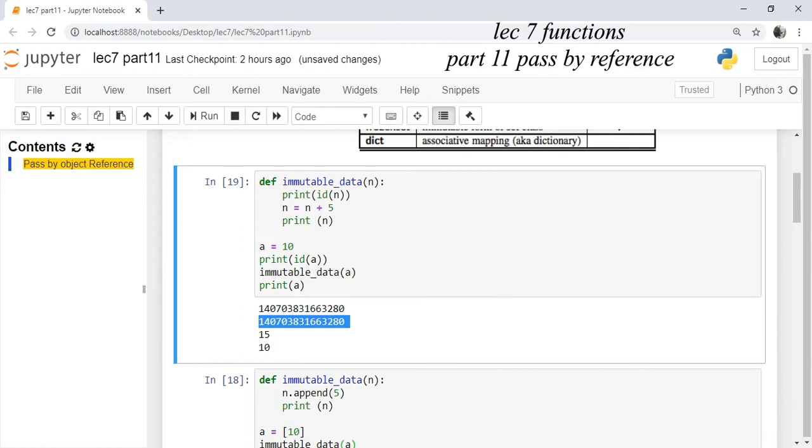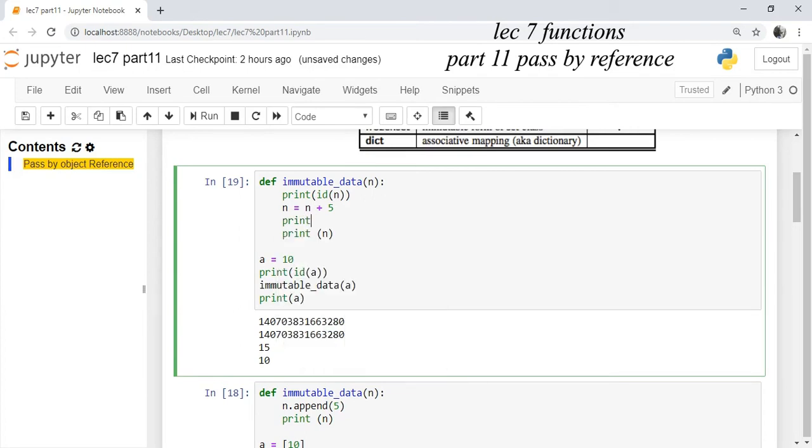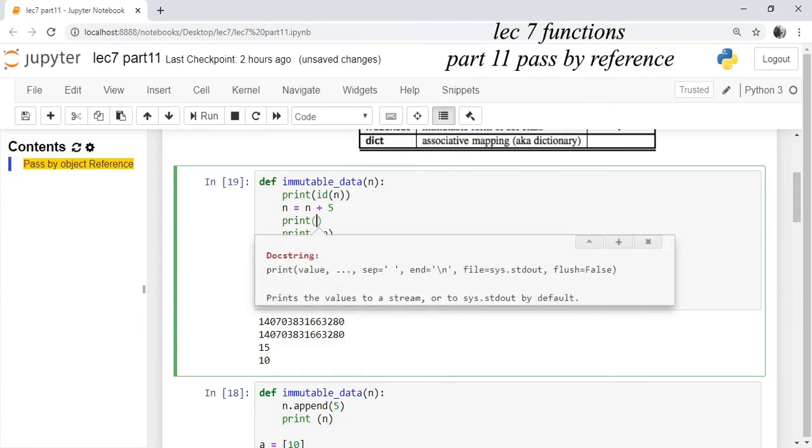Now the new object is 15 and it is stored at a different memory location. Why? Because the previous object, which was an integer, was immutable, therefore we created a new object and then stored the value. If we print the ID of N after this addition, as it was immutable, a new object was created and then the value was stored.